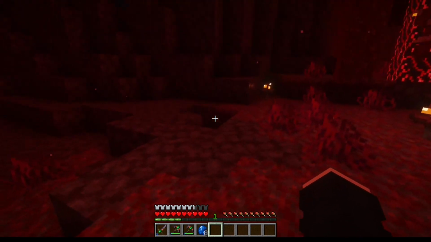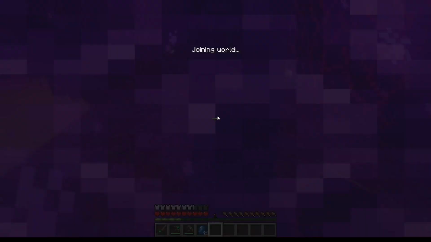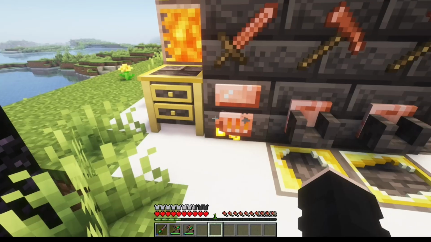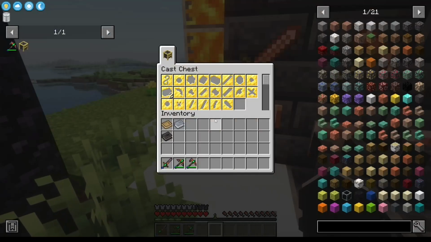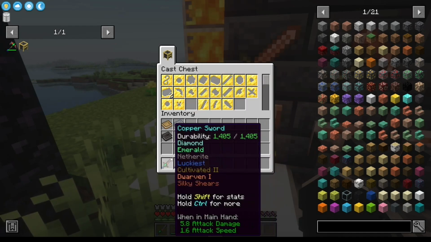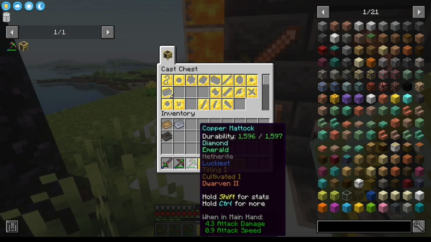So out of those last 2, we ended up getting a total of 7, which is very, very high. It's amazing. And now we're going to chuck the cobalt all in here. It's going to smelt up. We're going to need some stuff for it, actually, namely a tool handle, a small blade, a pickaxe head, an axe head,